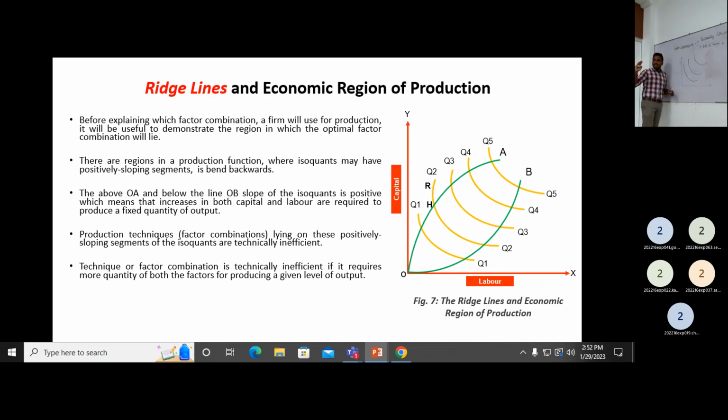Now, what is the basic feature of an isocon curve? The curve is downward sloping, meaning that the slope is negative, right? So slope is negative, meaning that if you are reducing one factor, that amount must be represented by increasing another factor, right? But if you look at this particular curve,